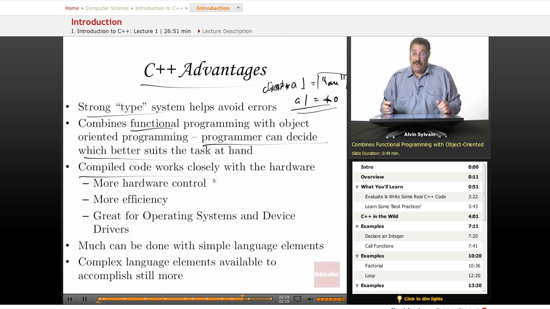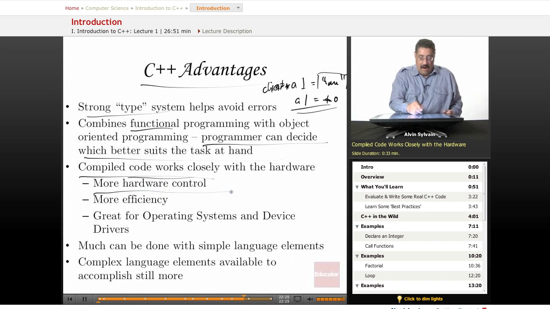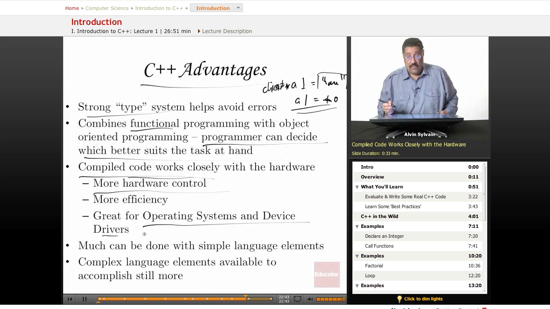Some interpreted languages are very fast, but C++ goes directly into machine code, and you cannot get faster than that. Plus, you have hardware control. Since you're going right into the hardware, if you need to twiddle with the bits, if you need to update a register, if you need to send something down a port, you have direct control of that hardware,